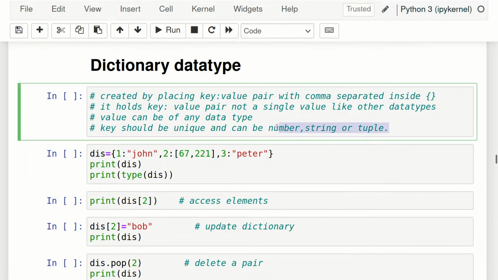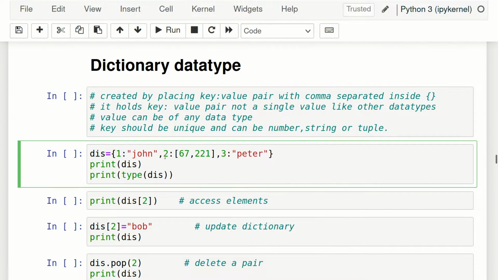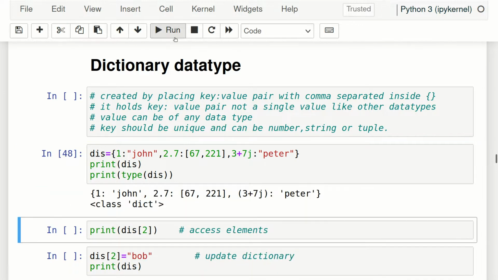Keep this in mind. And number means integer, float, and complex data type also. So this is an integer. Now let's make it a float, and let's make it a complex number, and now try to run this.